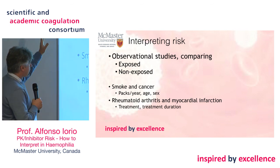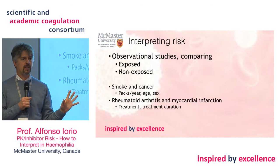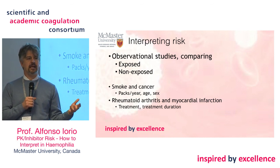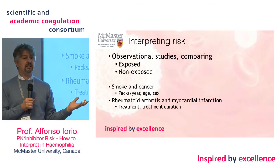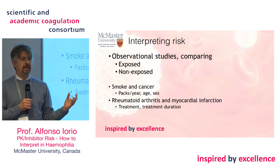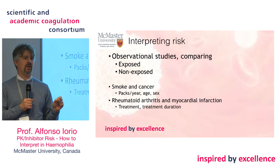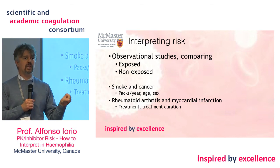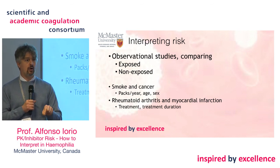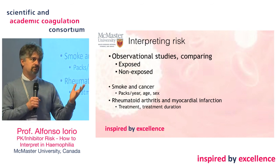So, side effect. Inhibitor is a side effect of treating hemophilia, right? So you would say, which study design is best to study side effects? Observational. It's in every clinical epidemiology textbook. Now, side effects are usually rare and not linked to the mechanism of action. You don't use observational studies for measuring side effects of rivaroxaban and dabigatran. You measure them in trials because they are common and because they are linked to treatment in a very clear